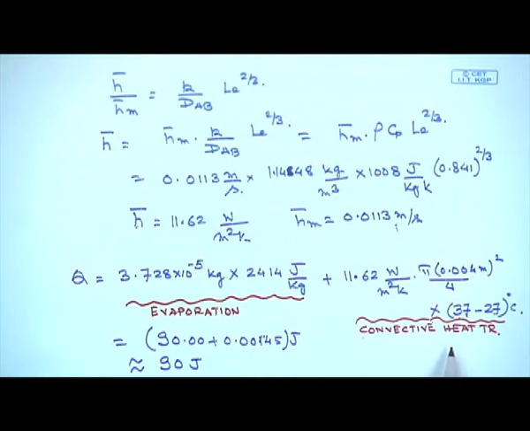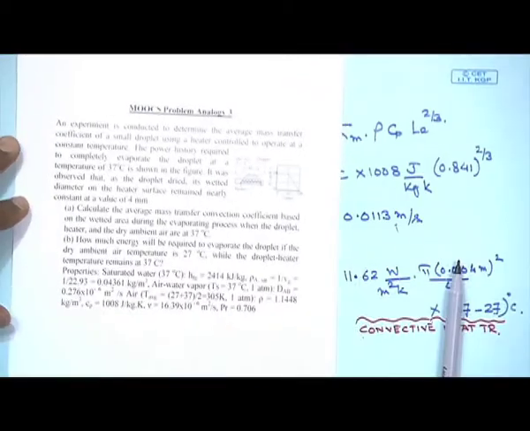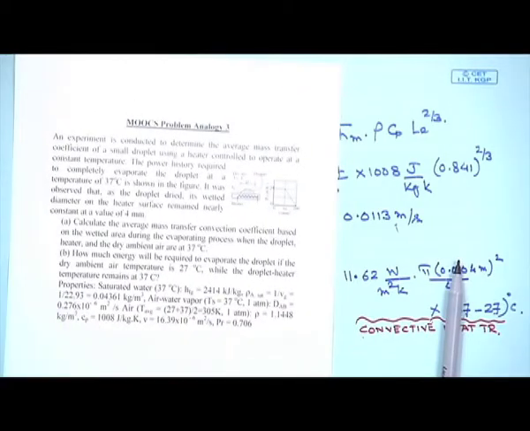So the convective heat transfer constitutes a small portion of the energy requirement, the energy to be supplied to the base plate. Wherever a phase change is taking place, most of the heat is utilized for change of phase, and a very small fraction of it is going to be utilized for the convective heat transfer process. So, if we look at this process once again, look at the problem, see what is given here. Just a simple experiment